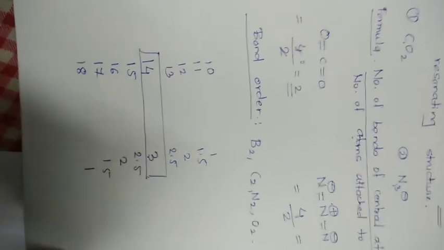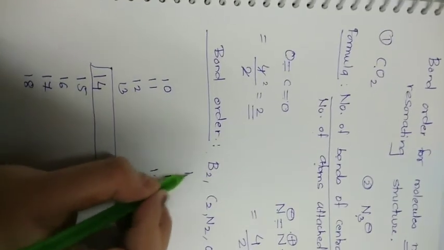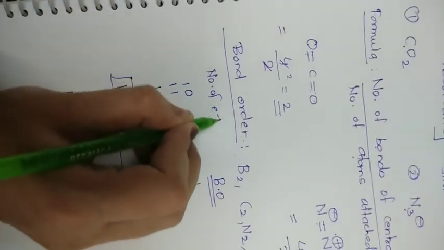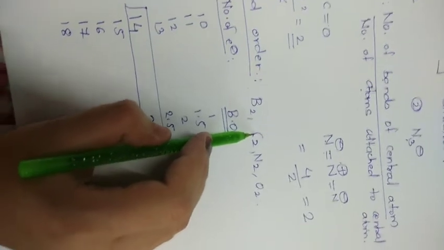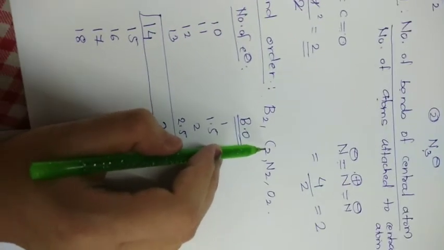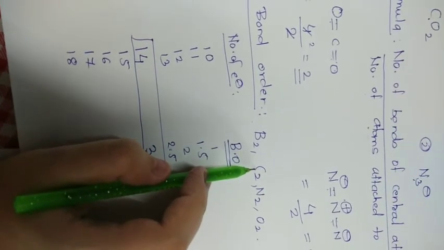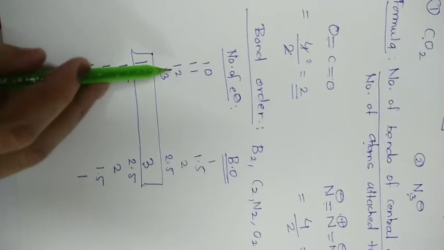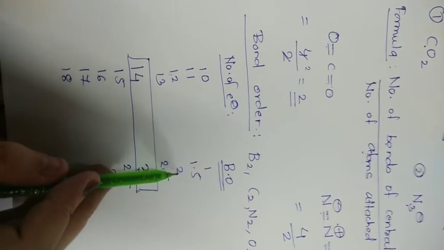Now how to use this? You have written this, but what is it actually? This side will be your bond order, and this is the number of electrons. Let's see an example. Carbon. Here I have written carbon C2. It is a molecule. 2 atoms combine and form the molecule. What is the atomic number for carbon? It is 6. 6 plus 6 is 12. So find the number 12. Here it is. Number of electrons is 12. And so you can say the bond order is 2.